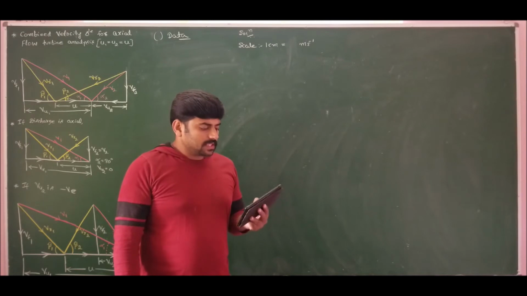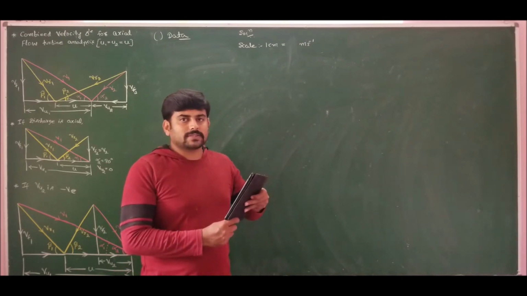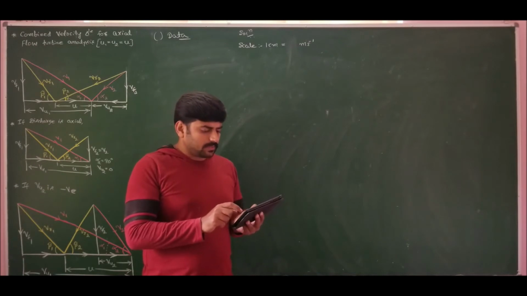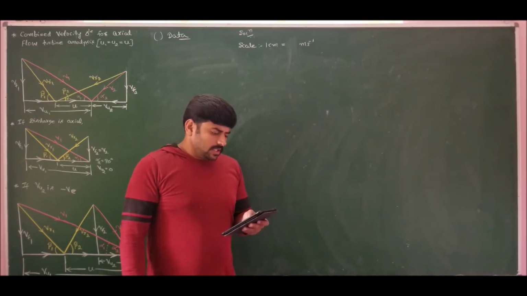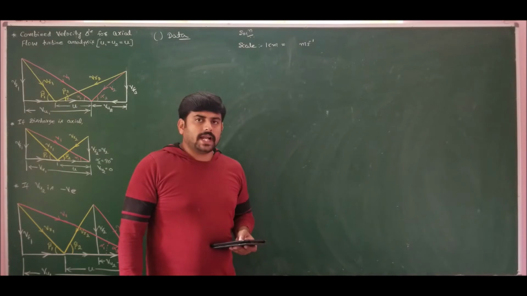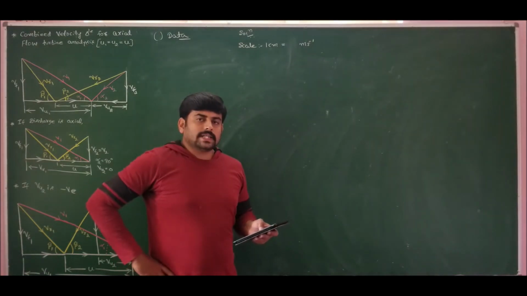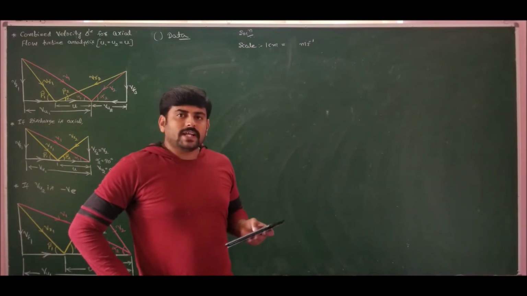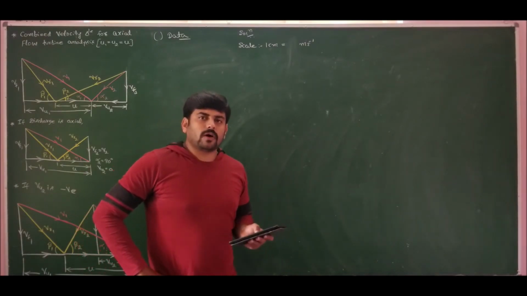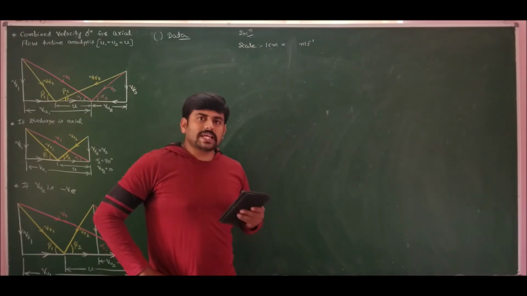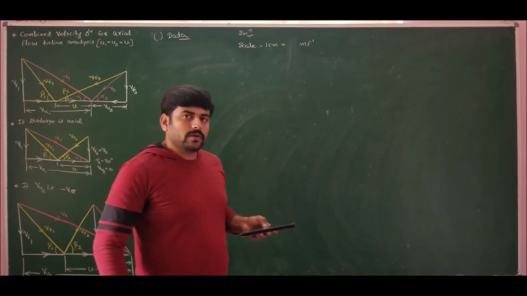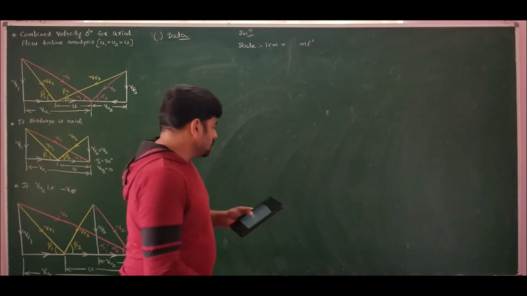So this problem is different from the problems we have solved so far on analysis of steam turbines, because he has given the nozzle efficiency and the pressure at the inlet and exit of the nozzle, using which I should calculate the inlet velocity of steam. To find the inlet velocity of steam, we should perform nozzle analysis, which I clearly explained in lecture 1 of this module 3. Hope you have followed that. So let me solve this problem.